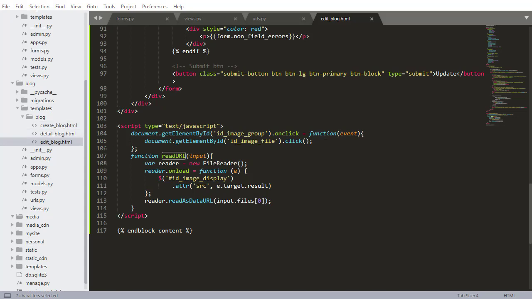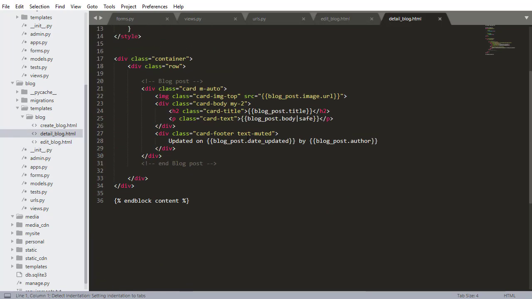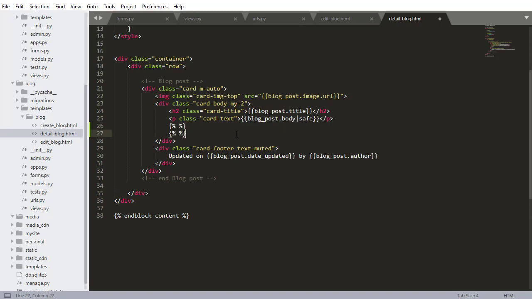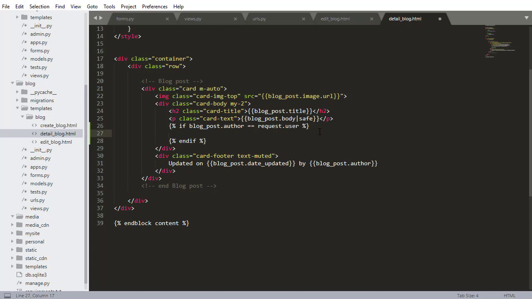Now the last step, I want to press Control S to save that, of course. And now I need to go into the detail blog and we need to add the URL here. We need to add a button here for the user to be able to get to the blog post and edit it. So just below the body, I'm going to do a Django if statement. If the blog post.author equals request.user, so if the authenticated user is the one who wrote this blog post,